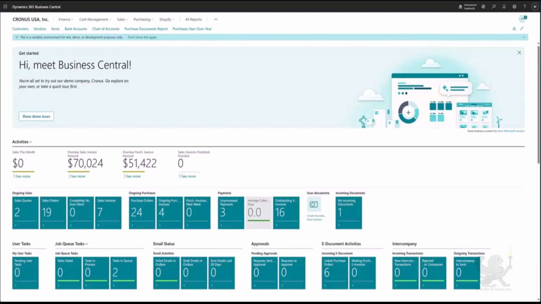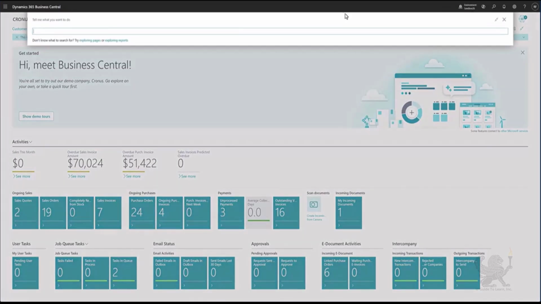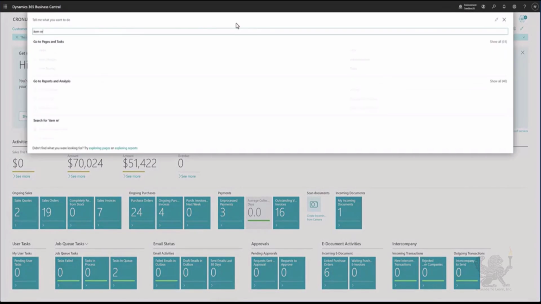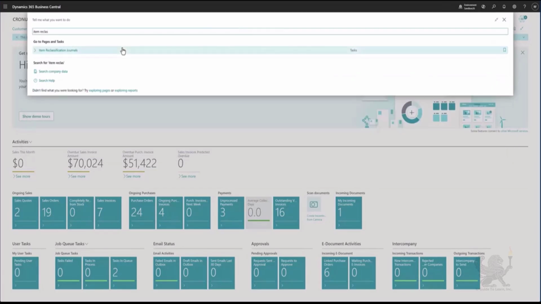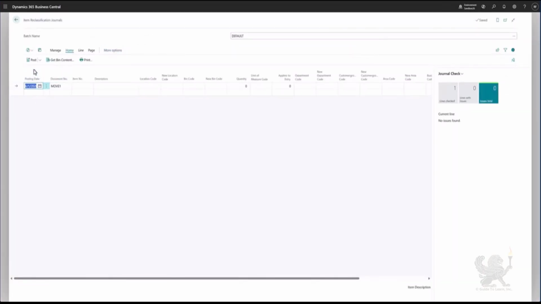There are two ways that you can move items in a location that has bins mandatory. The first way is with the item reclassification journal. So let's go to search and find item reclassification journal. Okay, and here I see my item reclassification journal, and this is like any other journal that we used in